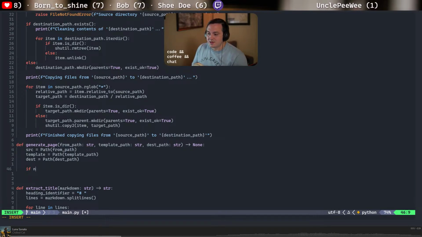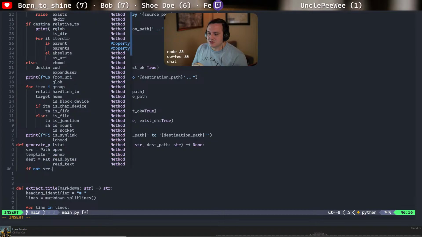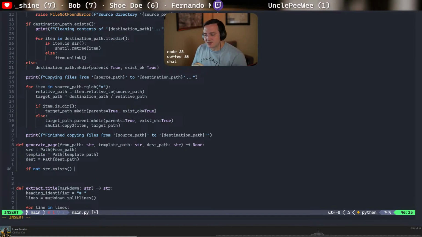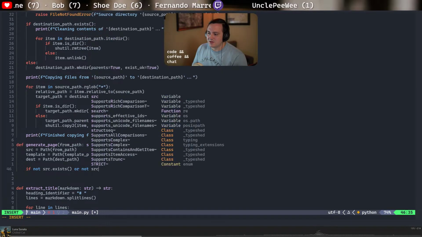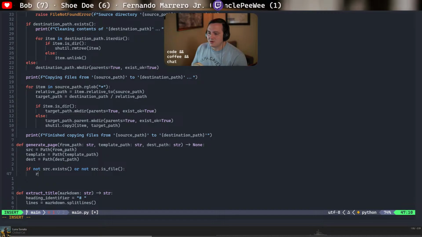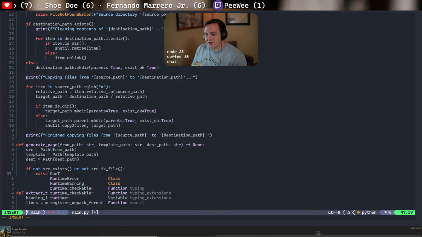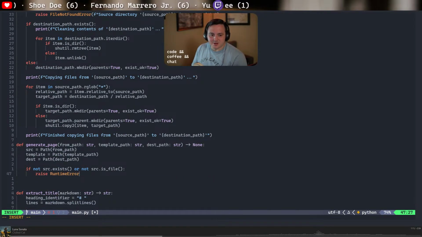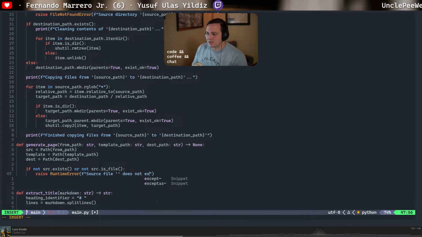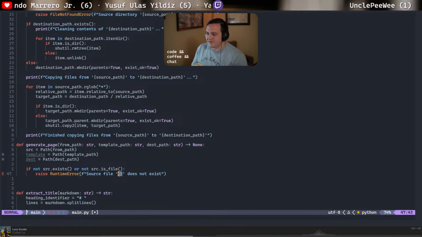Right? So if not source.exists, or if you're trying to use a directory, or not is_file, we should raise a runtime error, I guess. I don't really know what the right exceptions are. Source file does not exist. I'm actually going to separate these so that we can provide